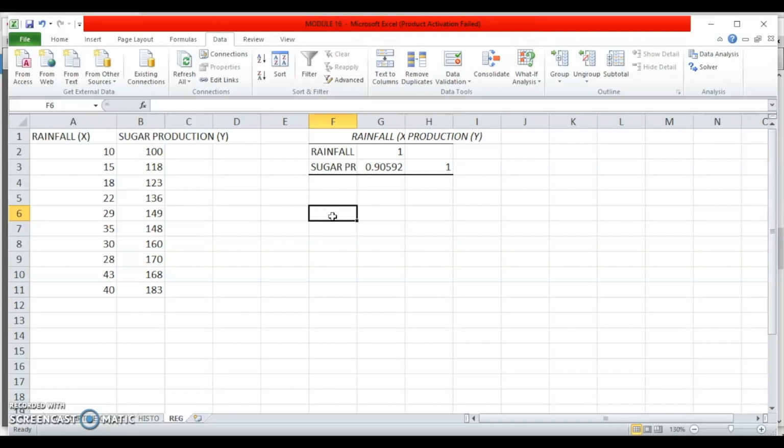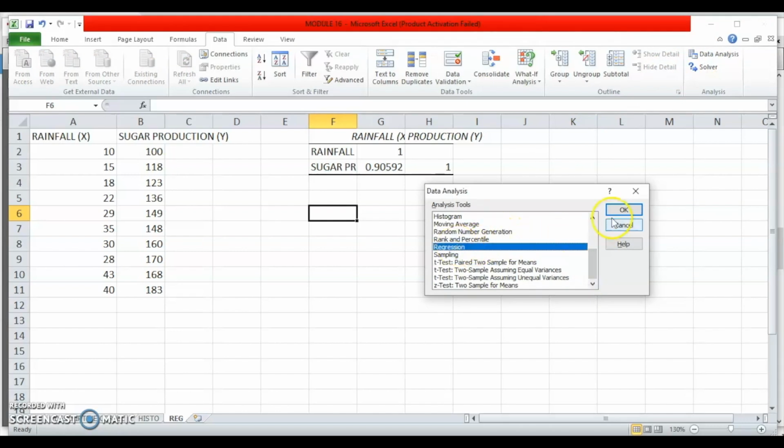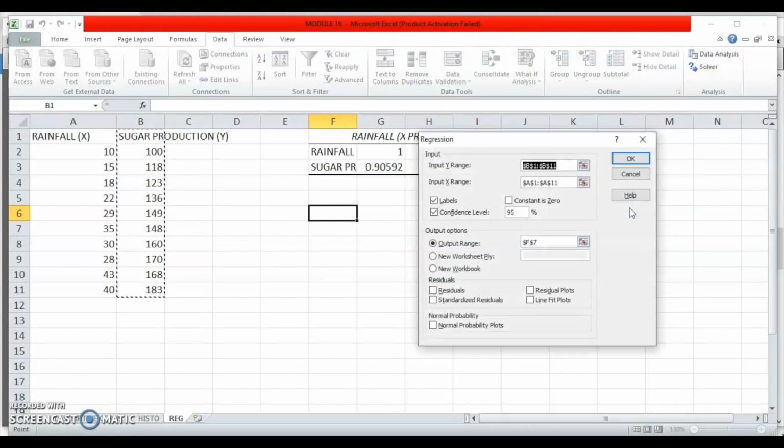Next, I am interested in running a regression using sugar production as the dependent and rainfall as the independent variable. So for that, again I'll go to data analysis and I'll select regression from the tools, and I'll click on OK. The regression dialog box asks me for the input Y range.